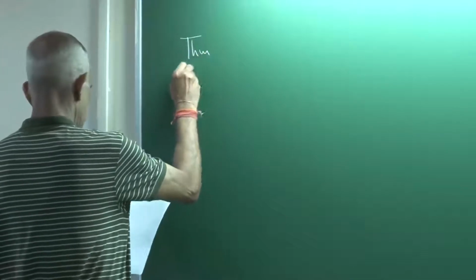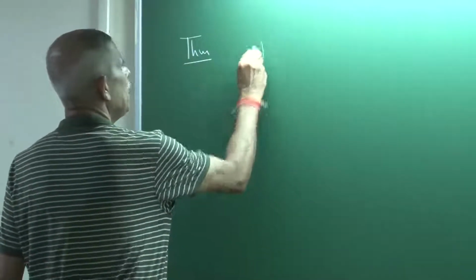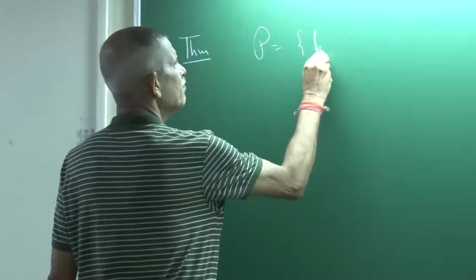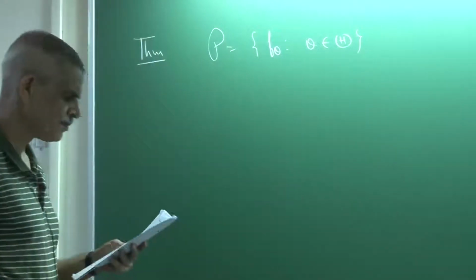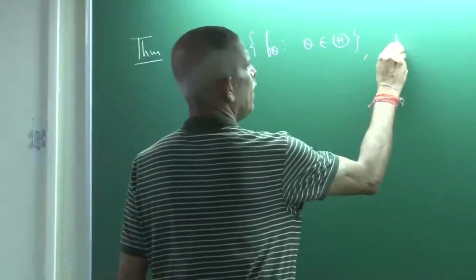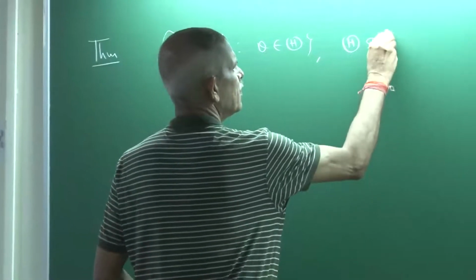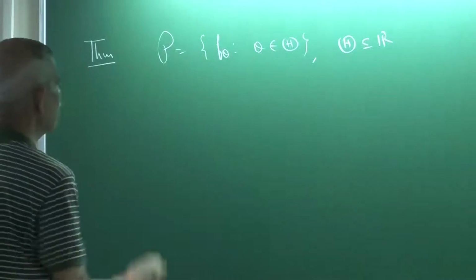Now for these kind of tests also, a uniformly most powerful test of level alpha may be possible if you have an exponential family. So let me do that result, which is about the exponential family. So your P is f theta, theta belongs to capital Theta, where Theta is a subset of R, and your f theta x,